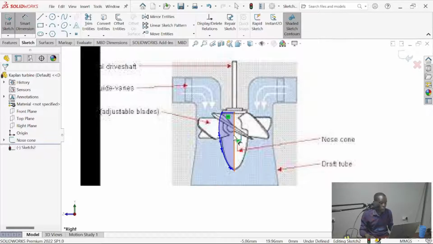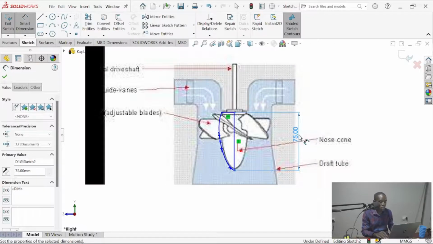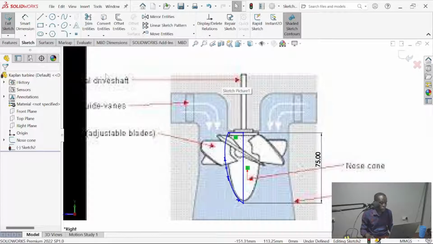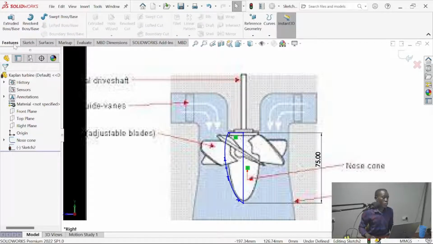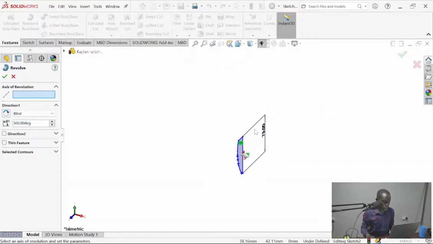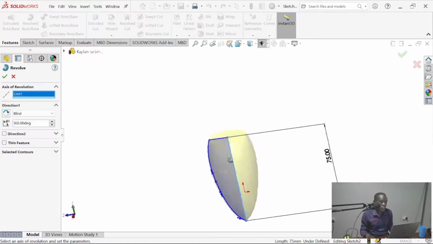You can get a dimension to help us, say 75 mm. Now we can decide to make this a solid. We're going to features and use the revolve boss. So our axis of revolution is this line, and then that's when you have the cone.